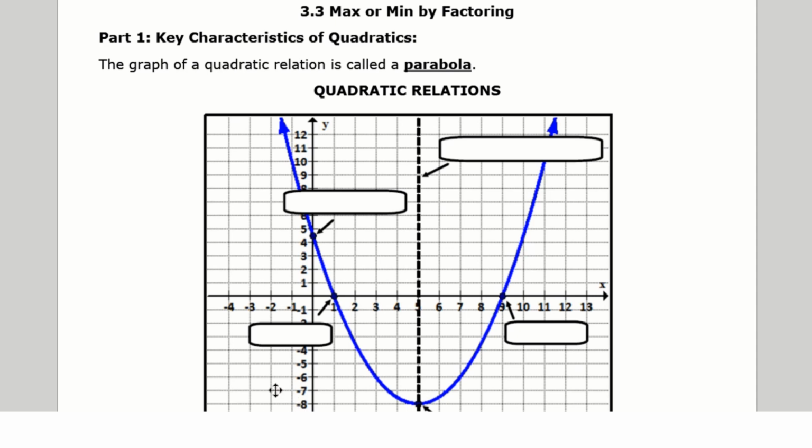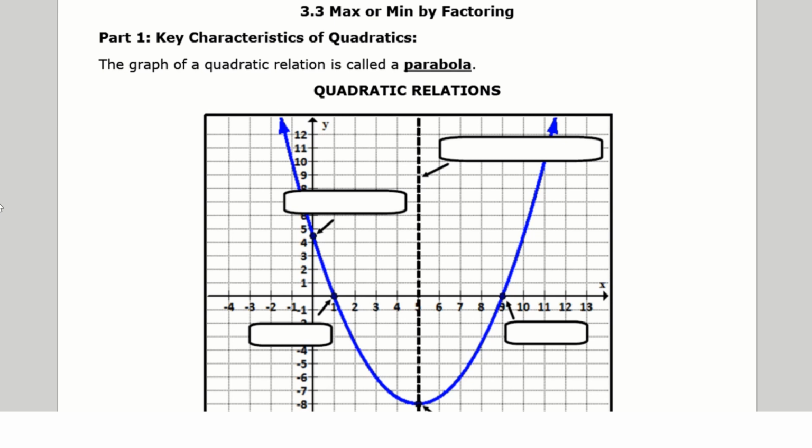So in this lesson, we are going to see how we are able to use factoring to find the maximum or minimum values for a quadratic. Maximum or minimum values happen at the vertex for a parabola. So before we start to find the maximum or minimum by factoring, we want to review the key characteristics of